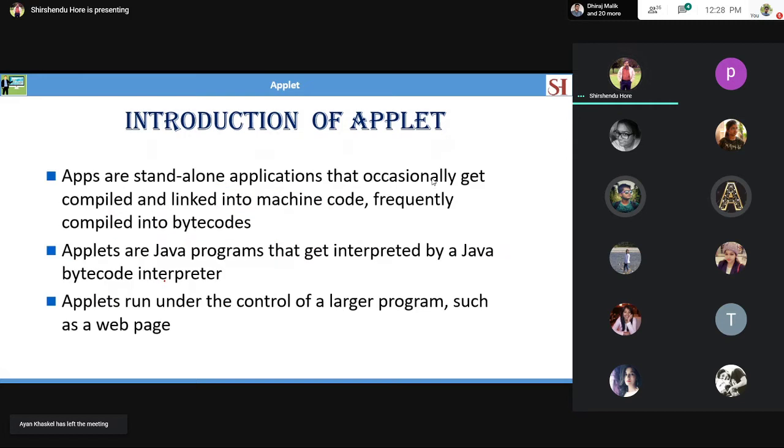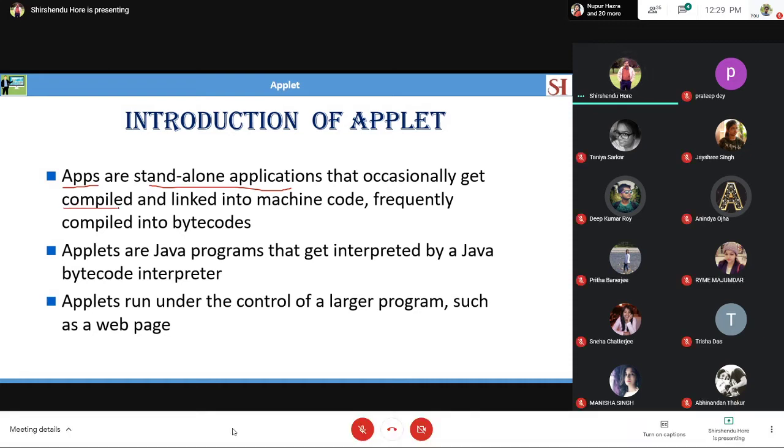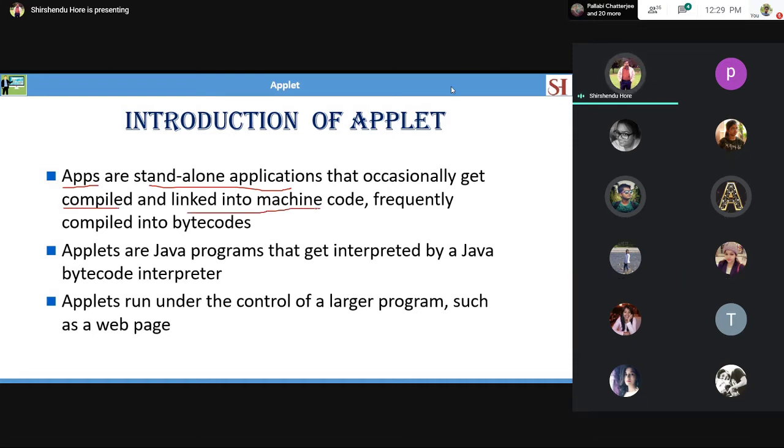What is the introduction of applet? Now, apps means here applications. So by the term apps, I mean an application. Applications are standalone programs that get compiled and linked into machine code, frequently compiled into bytecodes.